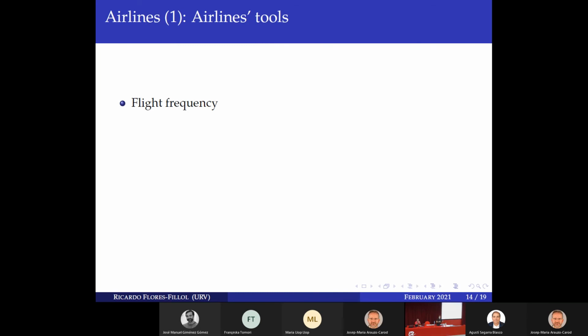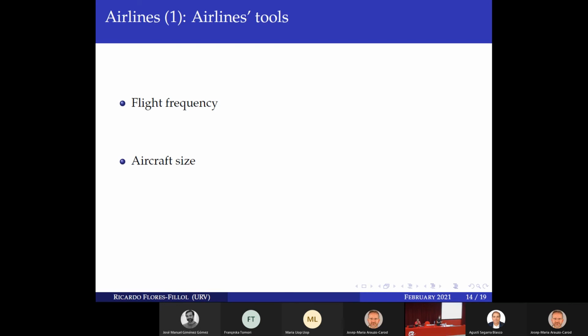Okay, in terms of parking and occupying the space in the terminal. If you think about flight frequency, this is the key. When you apply either price or quantity-based measures, you should try to reduce flight frequency. If you reduce flight frequency, you reduce congestion, emissions, and pollution as well. And this is linked to aircraft size.